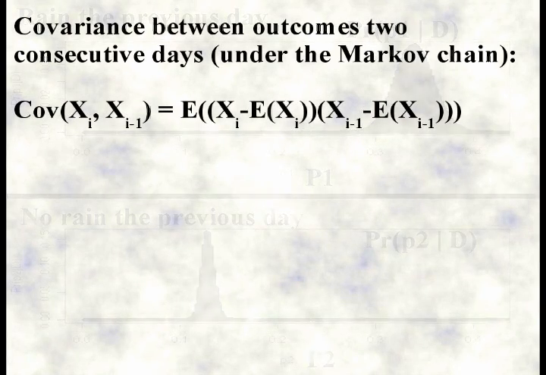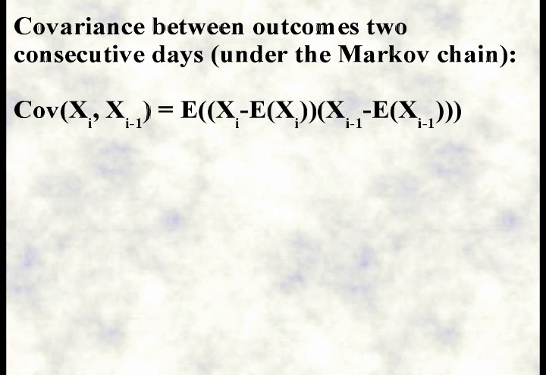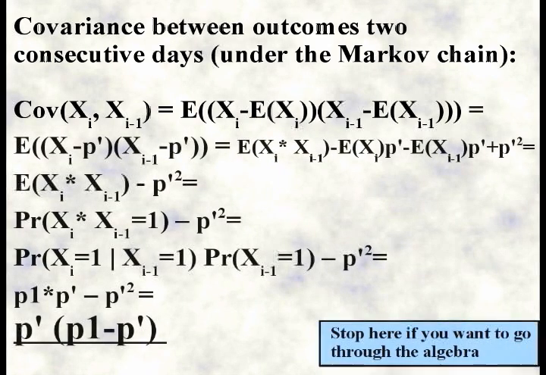When we've got dependence, we can also take a look at covariance, which I mentioned in clip 18. Covariance is a measure of linear dependency, and with binary single outcomes, covariance between two consecutive days is equivalent to dependency of the outcomes. So we can use covariance as a measure of dependency in this case. The covariance is the following expectancy from clip 18. Putting in our defined parameters and using the definition of expectancy, we find that the covariance is p marked times p1 minus p marked.